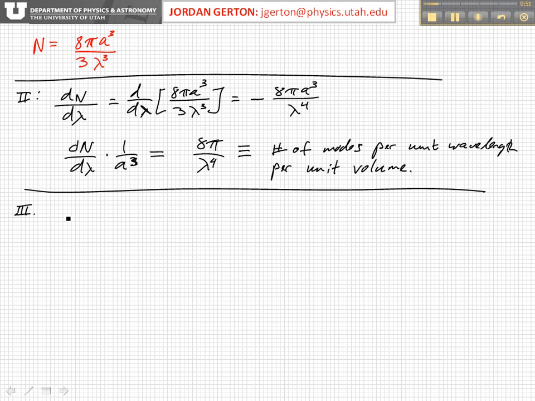per unit wavelength per unit volume, which we can represent as du d lambda. Now, u is the energy density, so that's the energy per unit volume, and this is equal to just 1 over a cubed times the energy per unit wavelength. So that's just notation, and then what we get is that again, if we